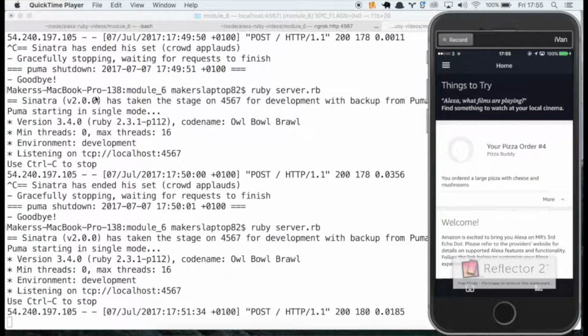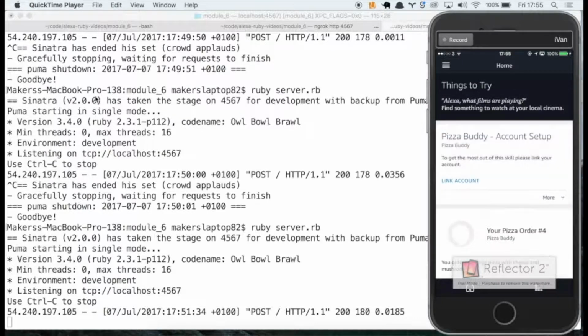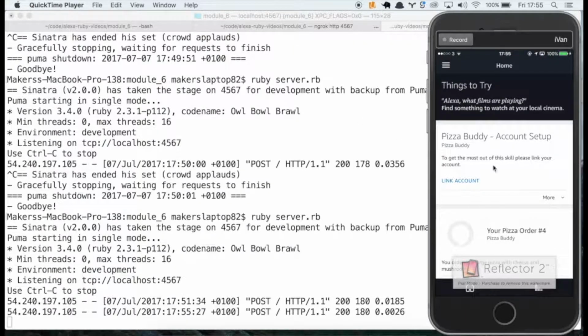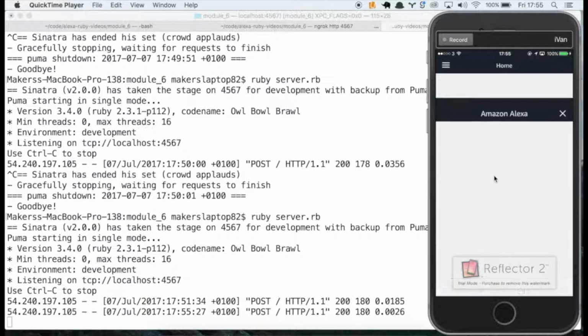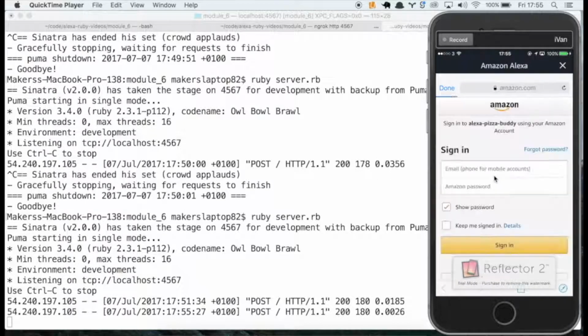Echo, launch Pizza Buddy. Please authenticate Pizza Buddy via the Alexa app. So as you can see on the user's device in their Alexa app, they're then prompted to link their account. They can hit the link account button and they will be taken to a login page where they need to log in to their Amazon account. By signing in,